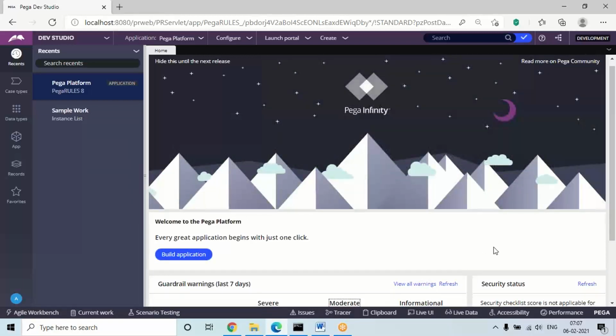In that, some will be used by some other roles like BA, some will be used by the tech leads, and some are used by developers. Even in the header, some options will be used by BA and tech leads, and some options will be used by developers also. Even in the Explorer also. See, in Pega platform, all the roles will be using the same platform.